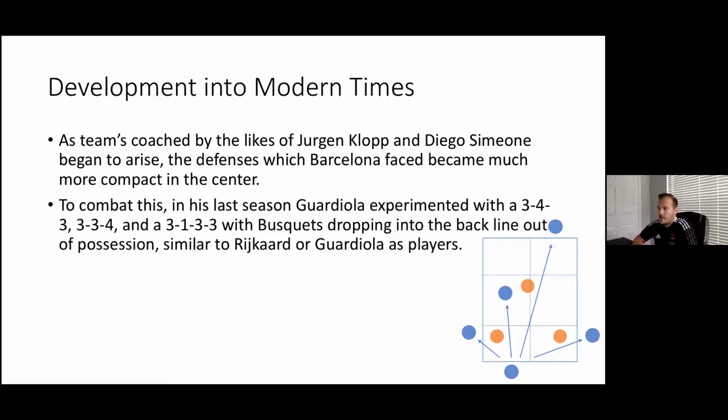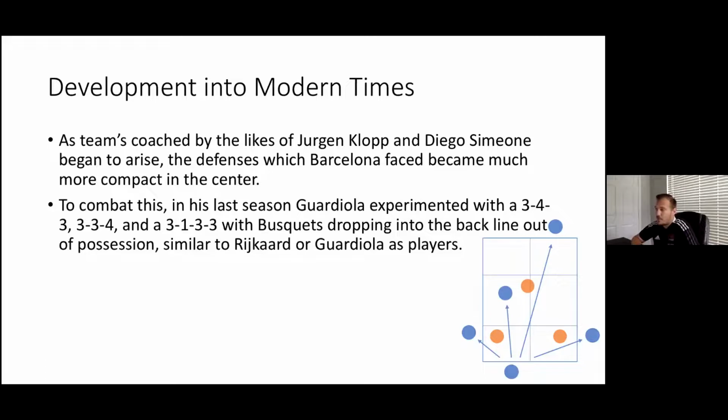So what we started to see in Guardiola's last season with Barcelona was he started experimenting with different shapes where he could have really wide players, but have a lot of players still in the middle and even a number 9 in front. So instead of just having the players in the middle and no number 9, he started to want to have front, high, and wide 3 and still overload the middle to deal with these teams that are so compact and blocking everything. We need to be able to threaten them more, right? So you start to see them play a 3-4-3, even a 3-3-4, being really offensive.